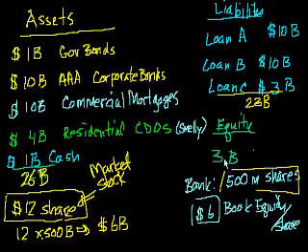And it's probably because they think that one of these things on the left-hand side of the balance sheet, one of these assets, is worth less than what the bank says it's worth. It could also be that one of these liabilities is worth more. Maybe there's some type of environmental liability that the company is somehow understating. But let's not get too complicated right now. I'll do a bunch of videos on that.